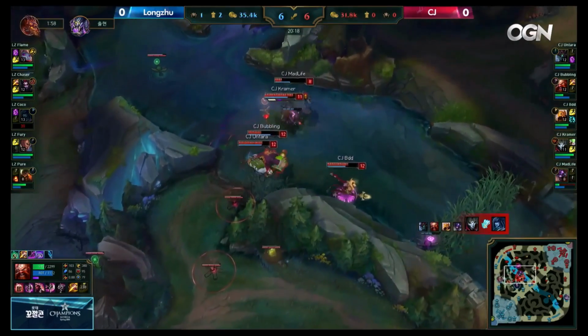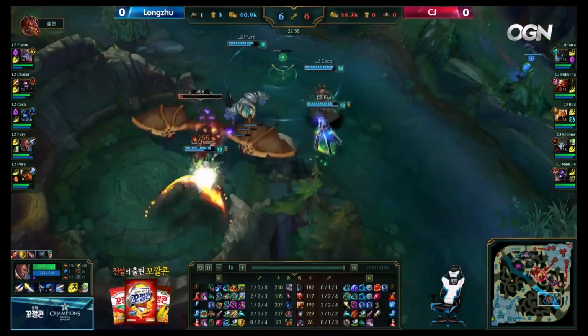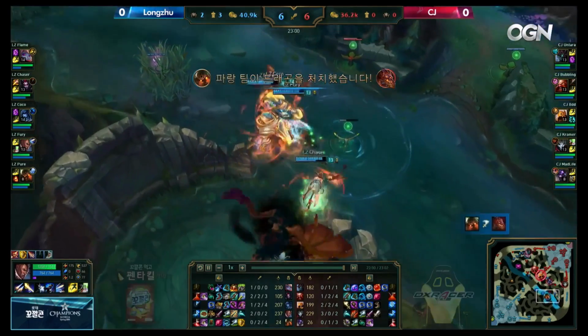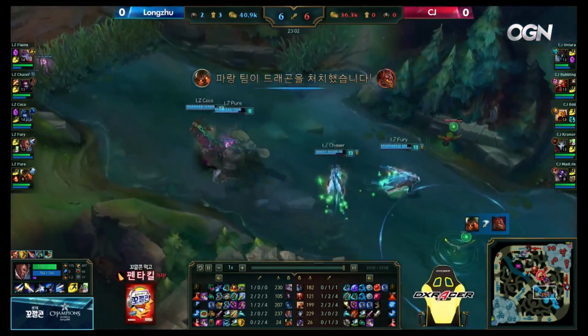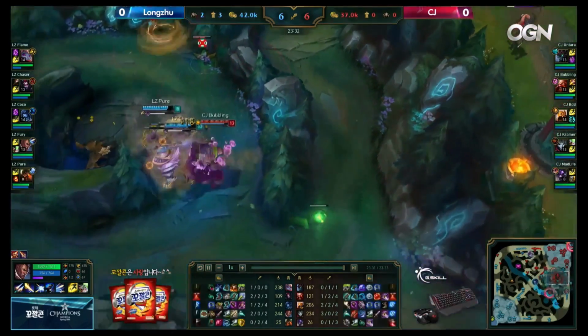Looks like we're going to have a disengage, but a 1-for-0 here for C2. At Dragon down below half HP. Looks like CJ just don't want to fight this one. Give that over to Longzhu, so second Dragon for them. Mid in one of these outer lanes, which is very important right now because...